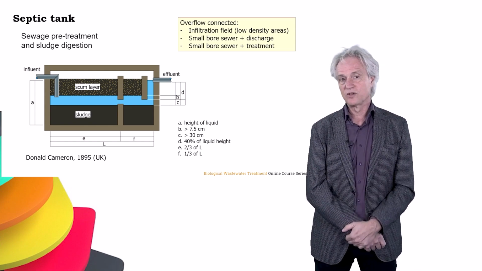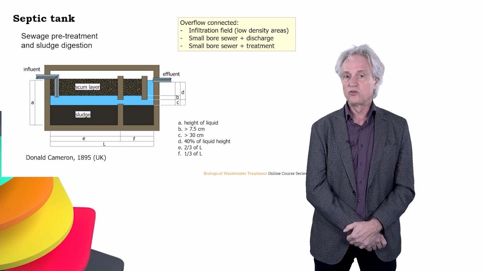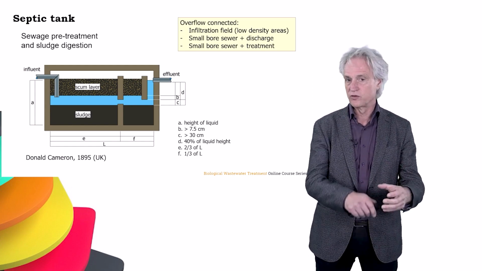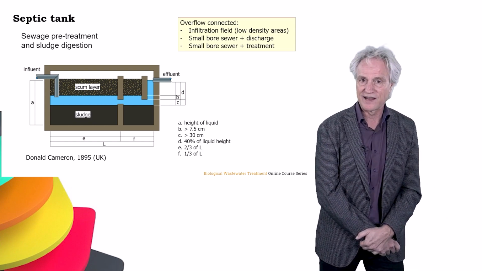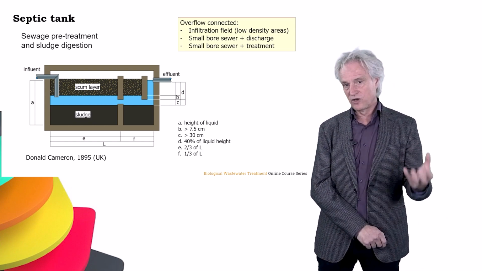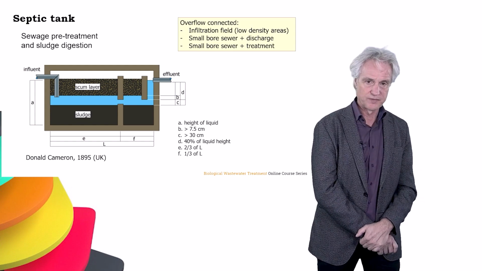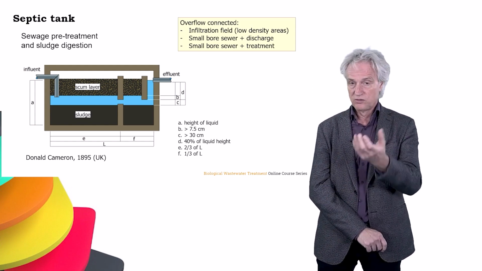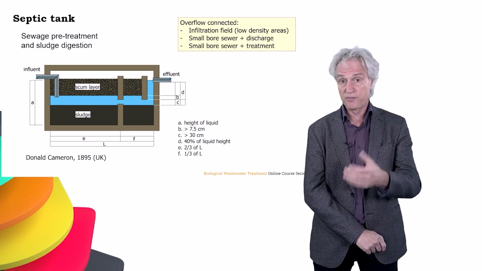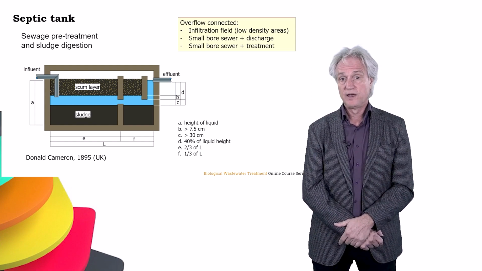Now, this system was in fact developed to scavenge the solids from households or from communities in an anaerobic tank, in which the solids are settled to the bottom. Floating sludge is floated to the top in a kind of scum layer, and the